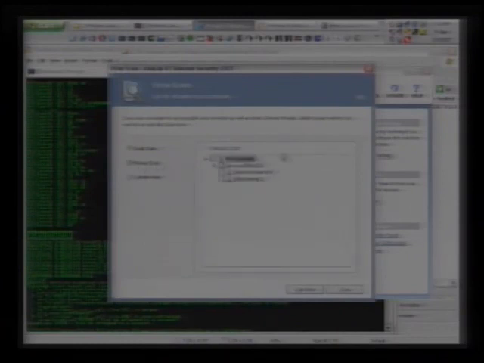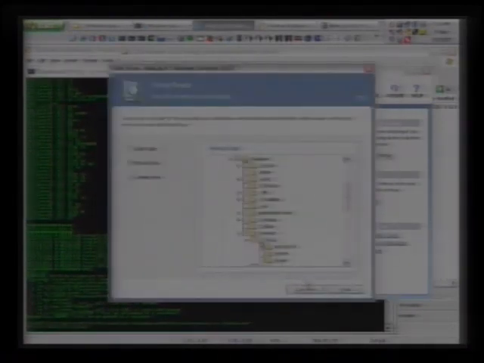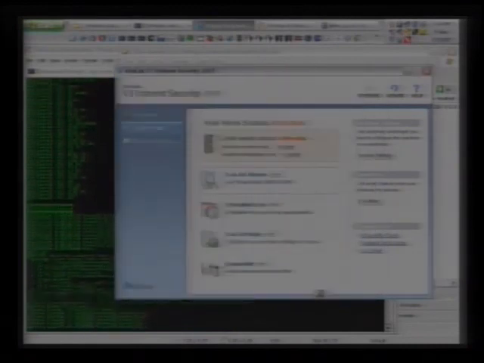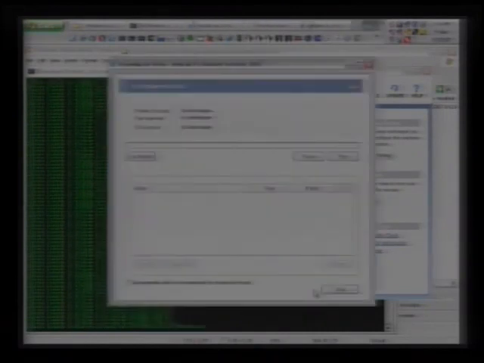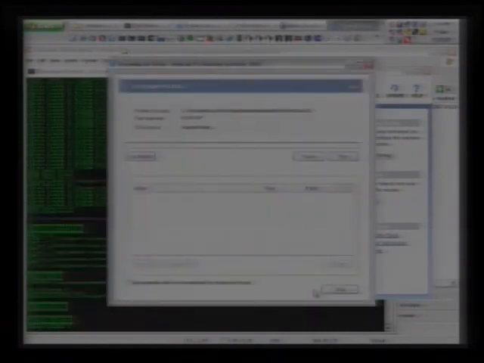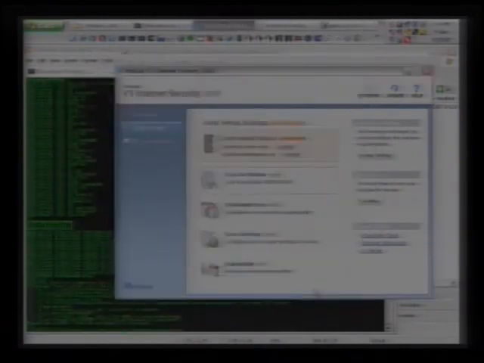So if we go after this one, we're going to do a select. We don't want to scan everything, just the ones that we want to see. And we scan this one. If we attach with this, whenever it starts, it's going to catch it to see where the bug is. This is useful when you have to code the exploit.